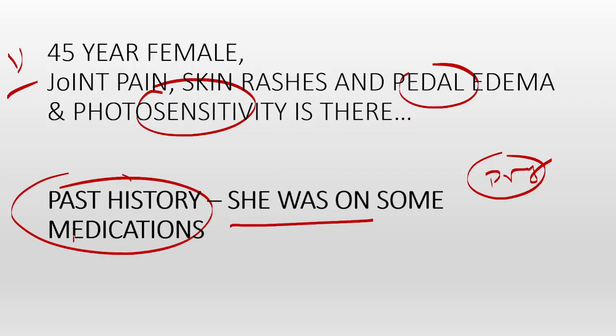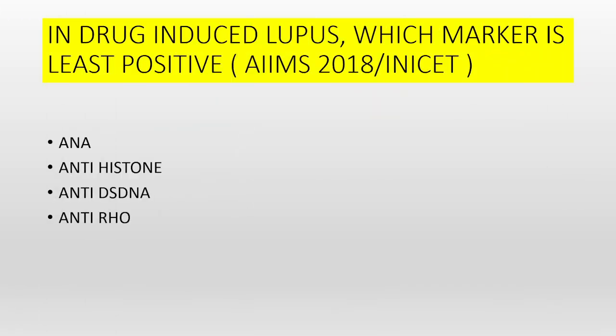This is what you encounter clinically. So in the NEET tests, you might encounter a question like this. In drug-induced lupus, which marker is least positive? The answer is dsDNA. Anti-double-stranded DNA is positive more in organ-specific systemic SLE, whereas it is very, very rare in drug-induced lupus,